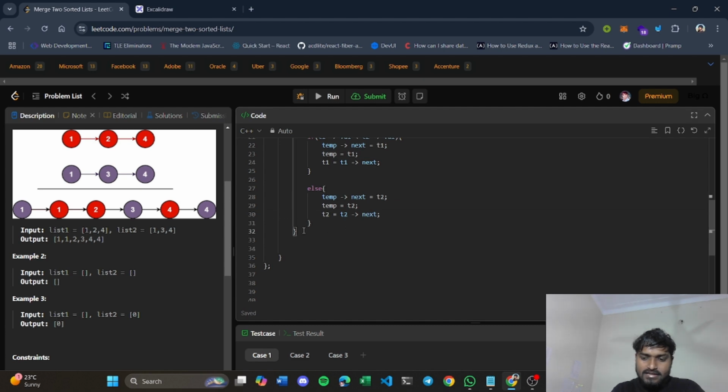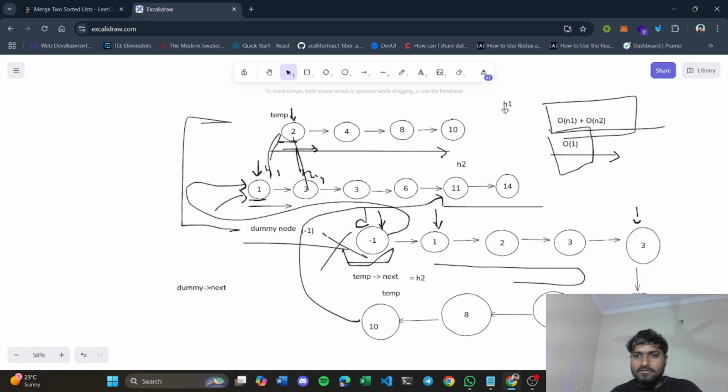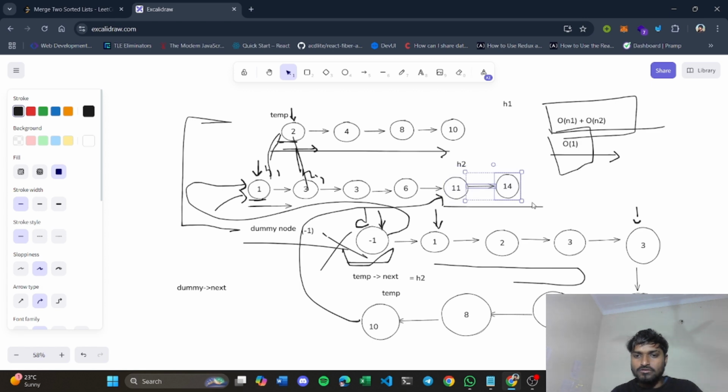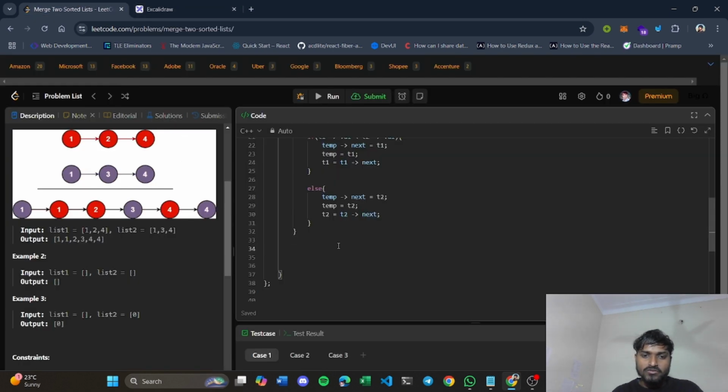At the end, you can see here when h1 pointed to null, we remained with this 2 value. So we basically connected our temp next pointer to this remaining linked list, right? So we have to first check for that condition. If T1 is not null, you will point your temp next pointer to T1. Else you will point your temp next pointer to T2, right?